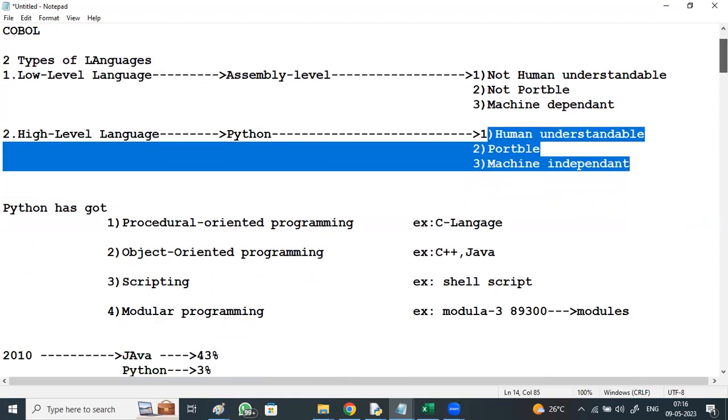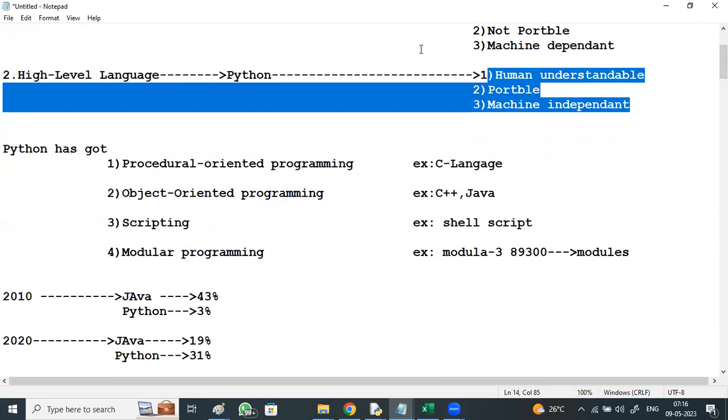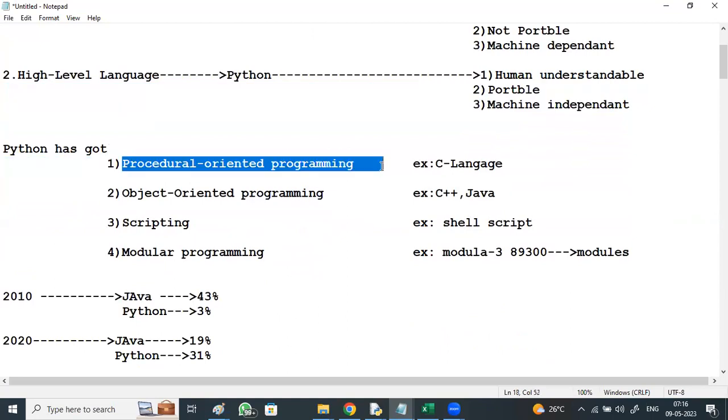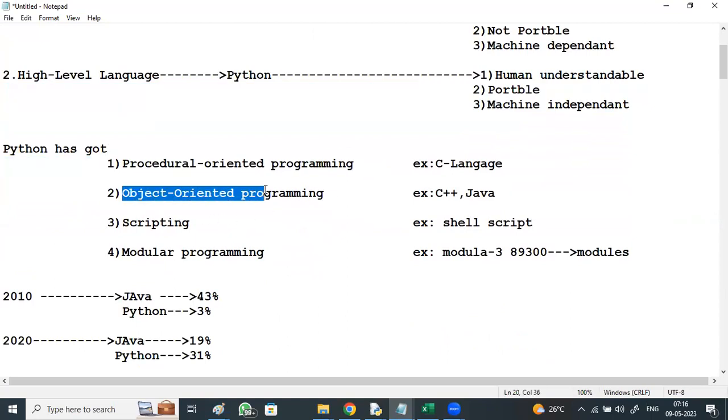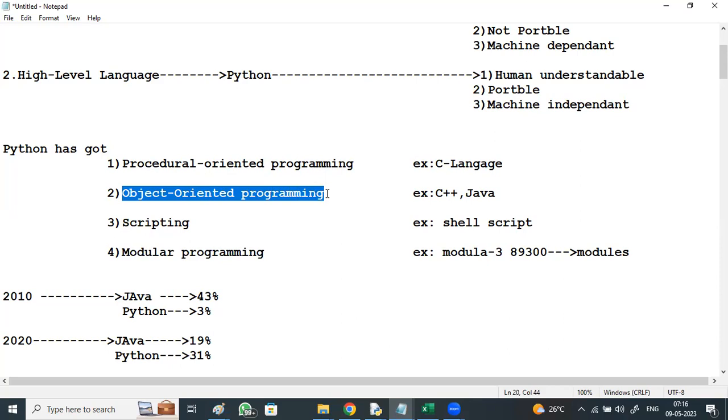So Python has got multi-programming features, I said, right? Python has got procedural-oriented programming features, object-oriented programming features, scripting features, and modular programming features. Object-oriented programming features provide security, reusability, and flexibility, right?